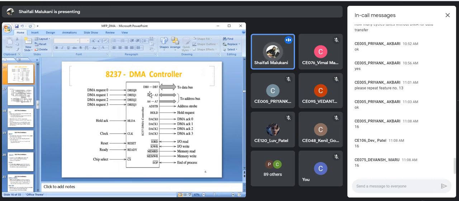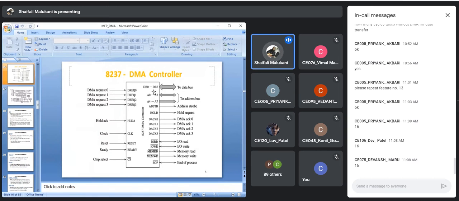So how will you access them? See, now what will happen? Actually, you are going to use the address buses of your 8086 only. But 8086 already has its own 20 address lines. Out of that, the A0 to A7 lines of 8086 are connected to the A0 to A7 lines of this DMA. So that is the direct data that you have transferred, right?